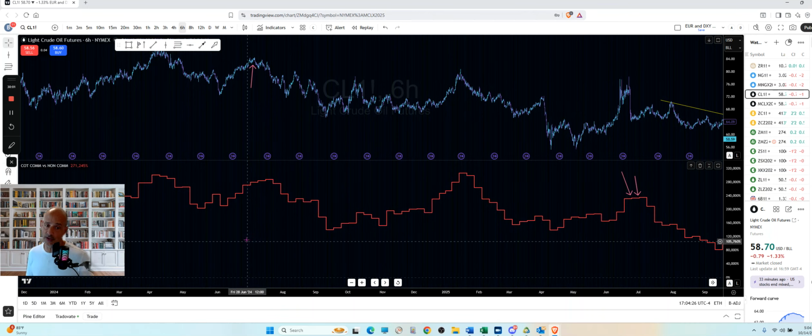So if you're gonna look at COT data this way, just make sure that you're looking at the price. Don't just go by what this thing is doing. This is an indicator, but it is delayed, okay? And it's delayed just by nature of the COT data. Remember, it comes out on Friday for the data that ended the previous Tuesday, okay? So if you're going by this, you're going to be very late on getting in and getting out of trades. But if you start to see momentum dry up, like right about here, this would have been your first indication. Notice how small this stair step is.